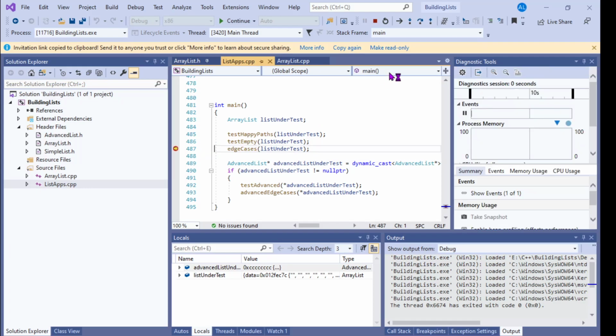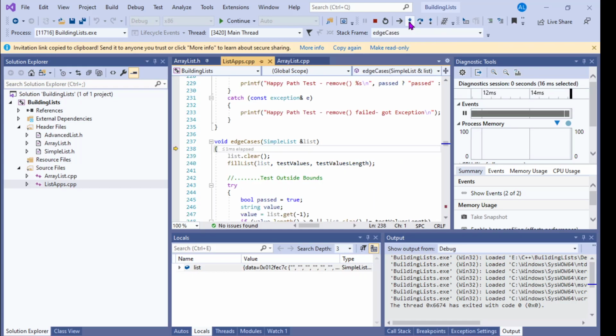So if I want to know what's going on inside of here, I can use the step into button, F11, but I'll click it here, step into. And then I'm going to go back to step over. So I clear the list, I fill the list, see if it's passed,